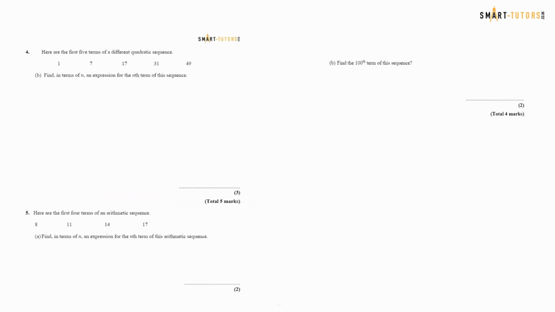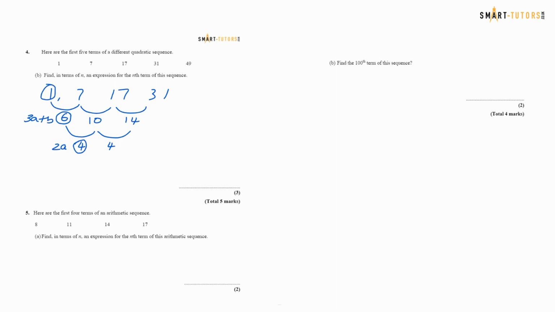Here are the first 5 terms of a different quadratic sequence: 1, 7, 17, 31, 49. Find the nth term. So first difference is 6, 10 and 14, and the second difference is 4 and again 4. So this one is going to be 2a and this one is going to be 3a plus b, and the